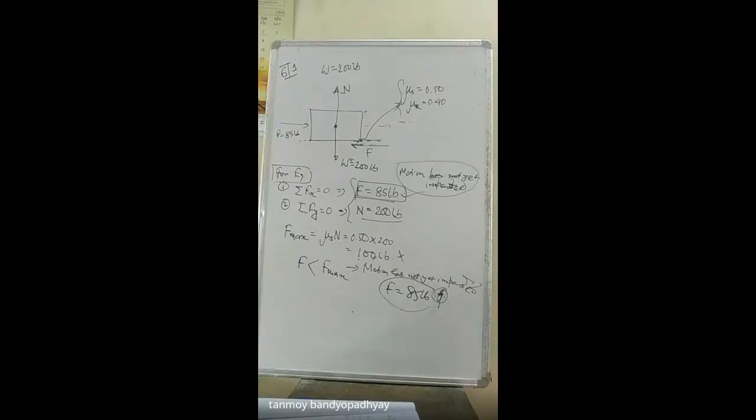Just let me know whether you have any questions regarding this problem. It's just a basic problem, but there are many things to learn from it. The first thing I told is, we don't know whether motion has started, motion has impended, friction has become maximum, or it's still increasing and self-adjusting. So initially we have to obtain the value from the equation of equilibrium.